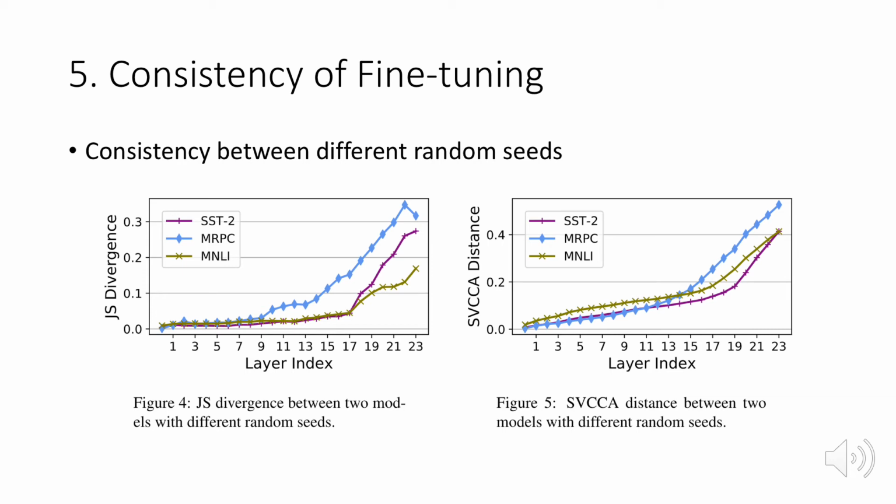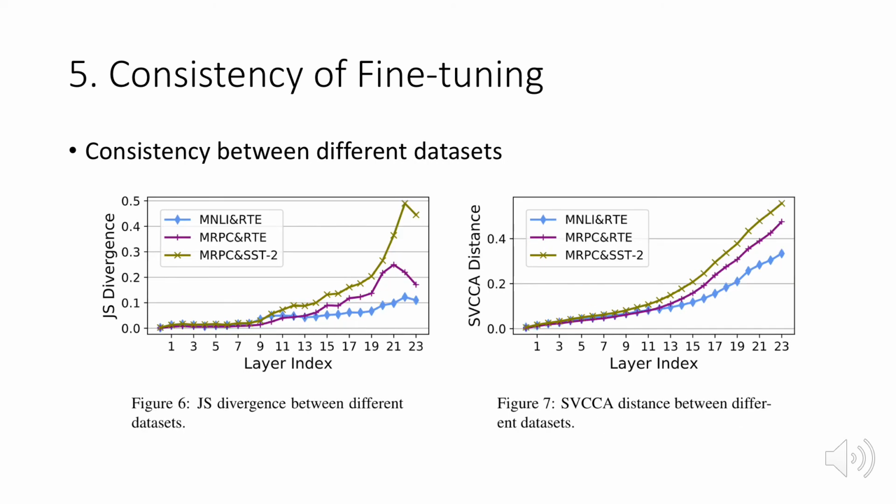Figure 5 illustrates the SVCCA distance between different random seeds. We observe that the SVCCA distance gradually increases in all layers, and the increase of the last layers is more obvious. Second, we investigate the consistency between different datasets. We fine-tune two models on two different datasets, then evaluate on a combined dataset containing 20 examples respectively from those